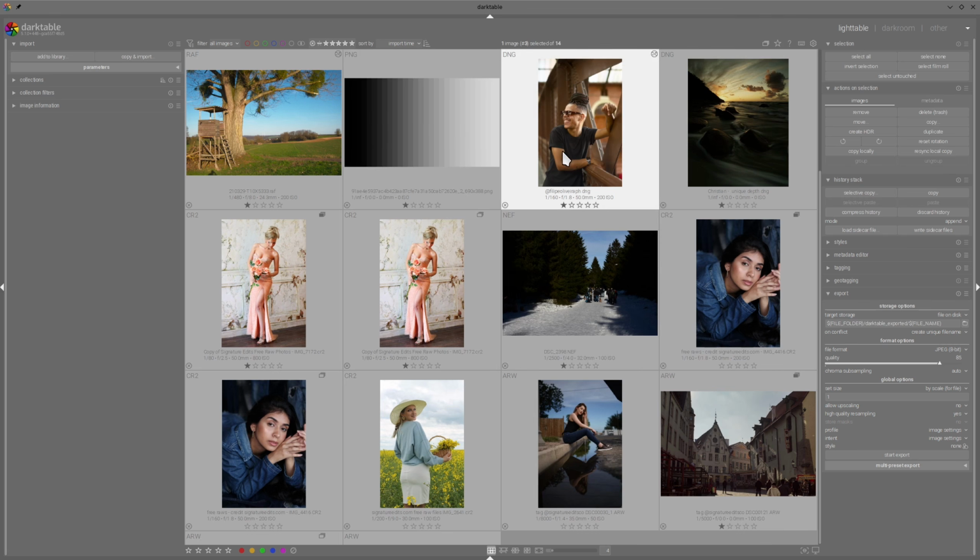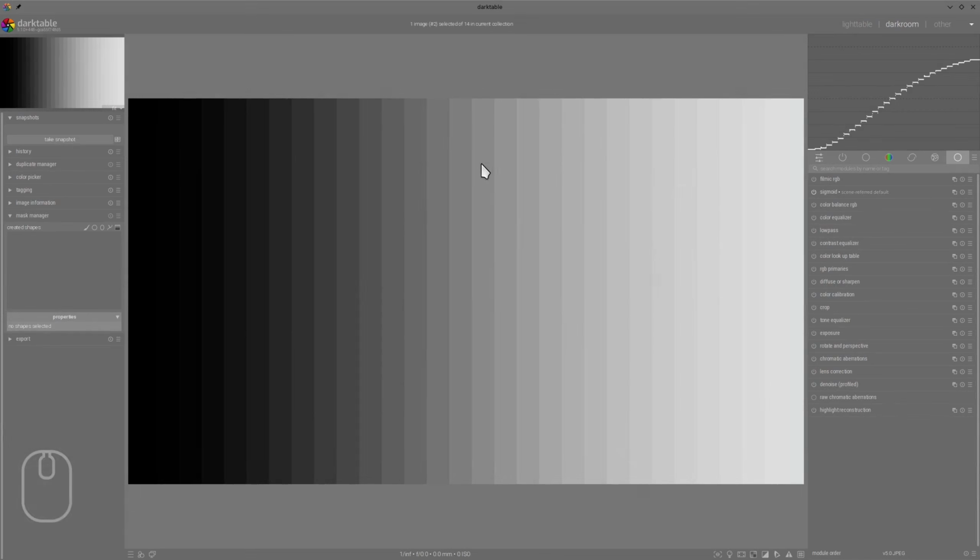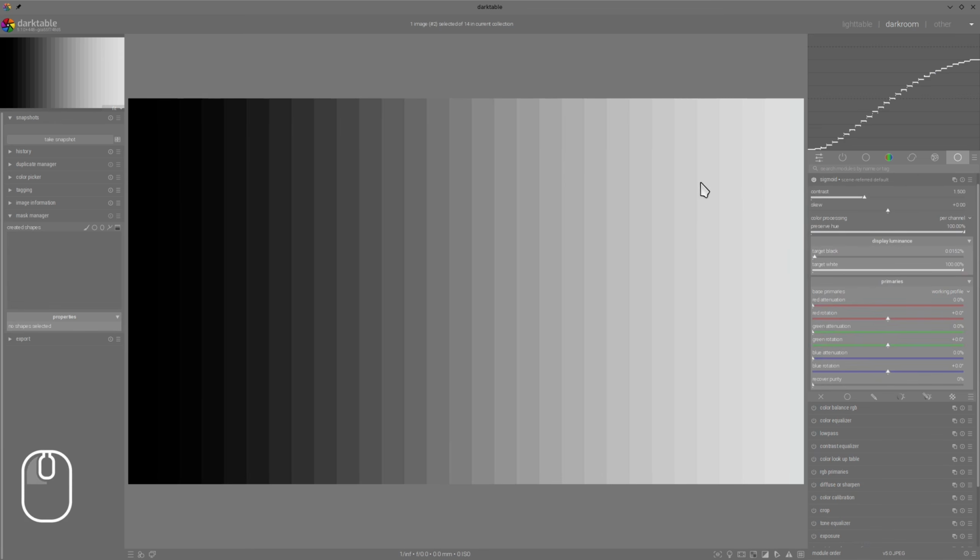here and see what can be done if we enable the default preset of the Sigmoid. So when Sigmoid has its own contrast, what can be done then? We are now back in our gradient graphics, and I have enabled scene-referred default for Sigmoid, and as you can see, we already have some kind of contrast curve in the default version. But the first thing we can do is readjust the contrast to our liking